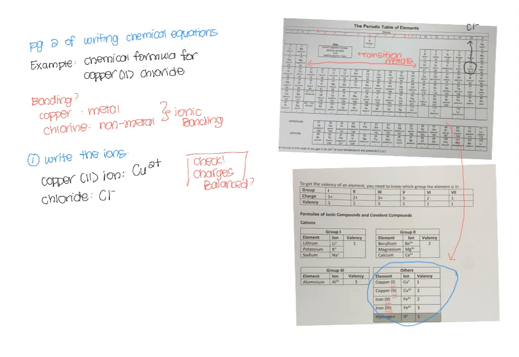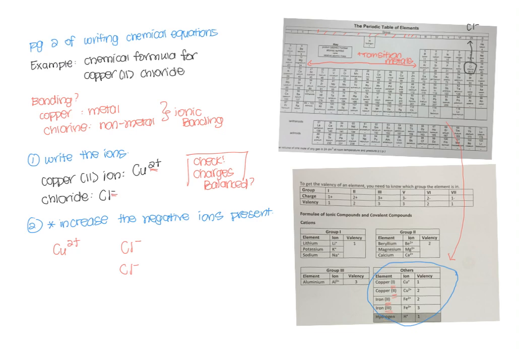are the charges balanced? Not quite. We see that there is an additional positive charge. So what does that require you to do? We need to increase the negative ions present. So therefore, we have Cu2 plus, the positive over here. Instead of one chloride ion, we now have 2. Is it balanced? Yes. They each have